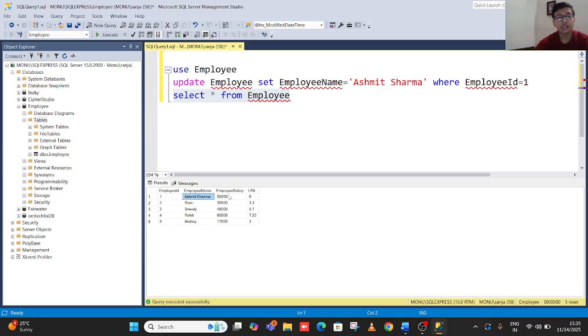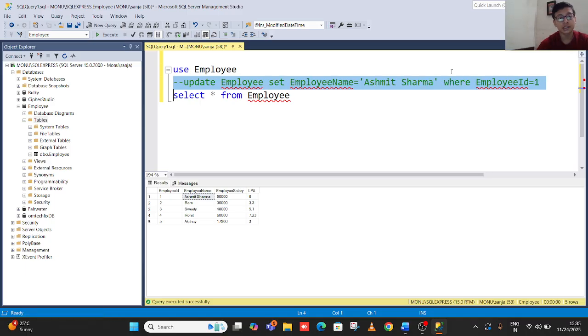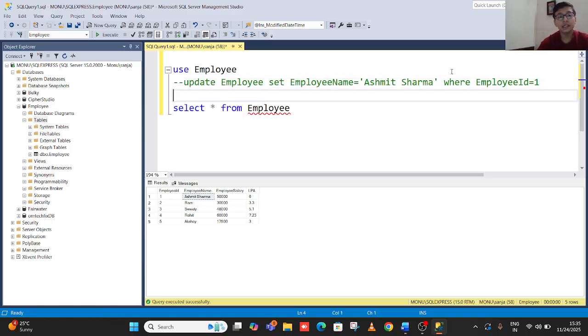And the next question is, what if you don't want to keep the fifth row? You don't want Akshay. Let's suppose, for example, Akshay left the company. Now you can't still keep this record in your table. Now how do we delete this record? To delete the record, we have another query: delete from employee